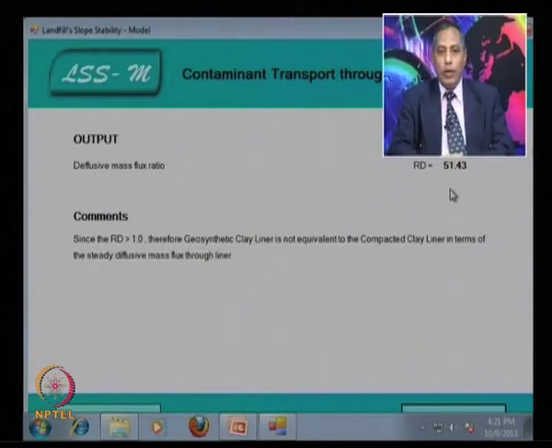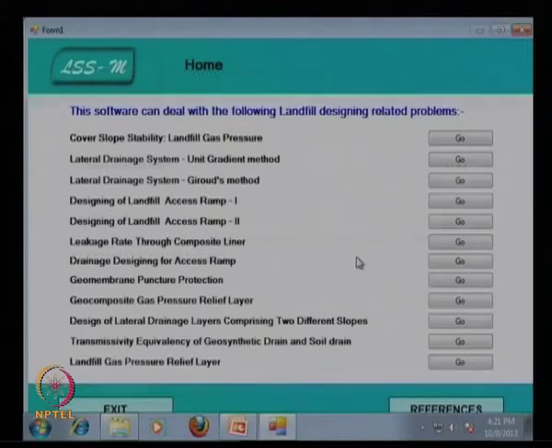Since the RD value is greater than 1, the geosynthetic clay liner is not equivalent to the compacted clay liner in terms of the steady diffusive mass flux through the liner. So now,